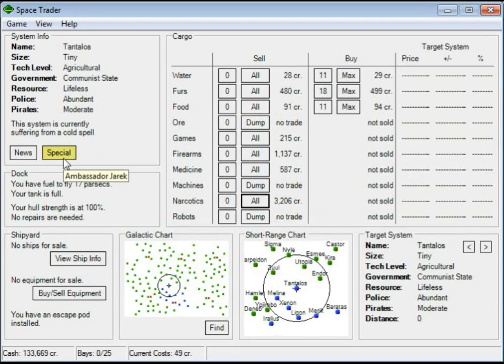Here we go. Special. Ambassador Jarek. Oh, this system is lifeless. That means that furs are really expensive here. I'll have to keep that in mind. Special events are the quests. Now, I wonder...